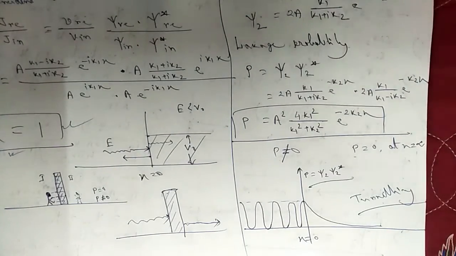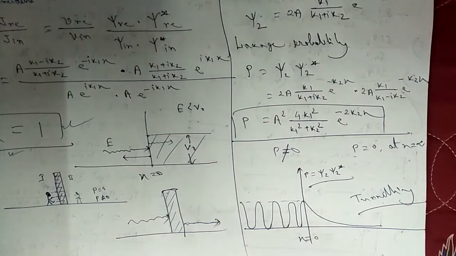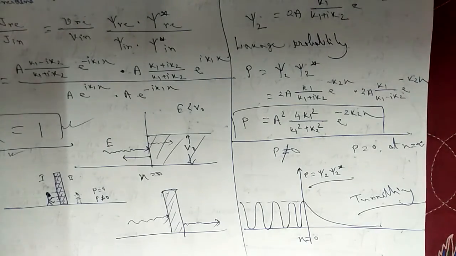So this is for the day. The step potential is done now. You have considered two step potentials. In one case the barrier height was greater than the energy of the particle traveling towards it, and in the other the barrier height was less than the energy of the particle. For both cases we have seen the probability, the reflection coefficient, the transmission coefficient, everything. I hope you have understood a little.